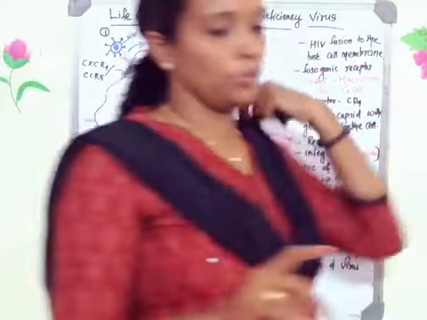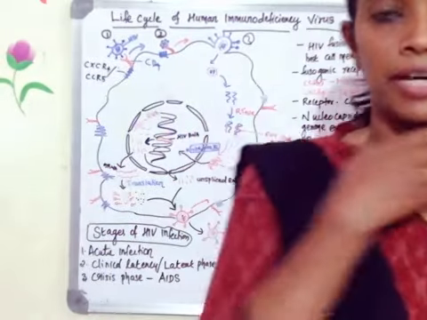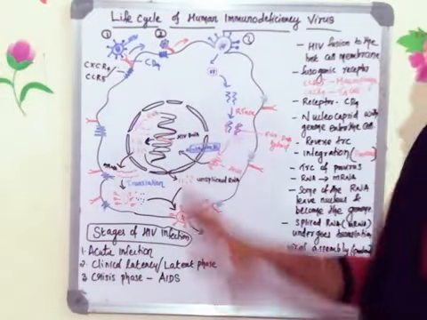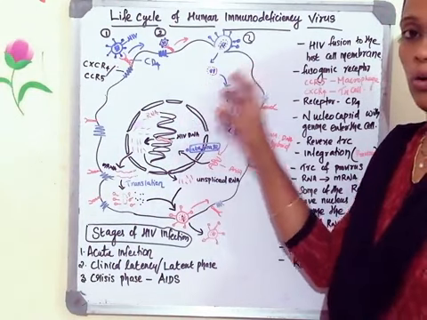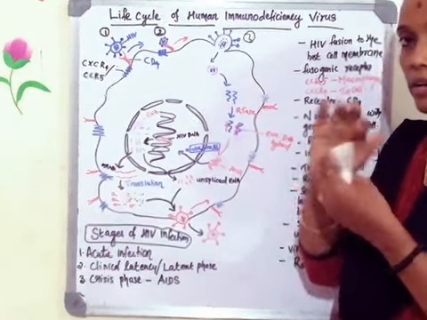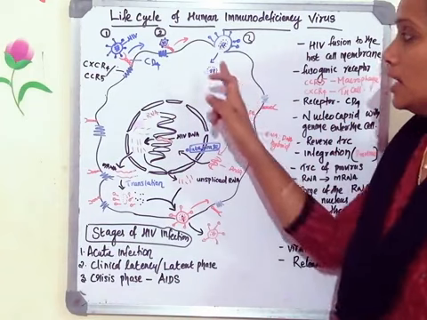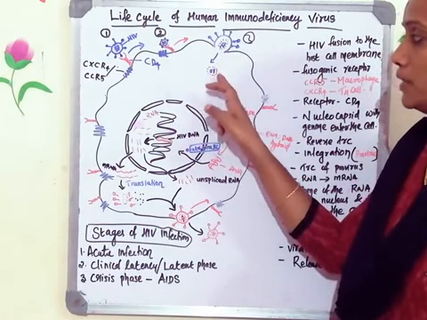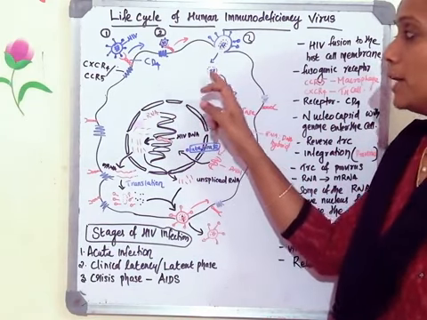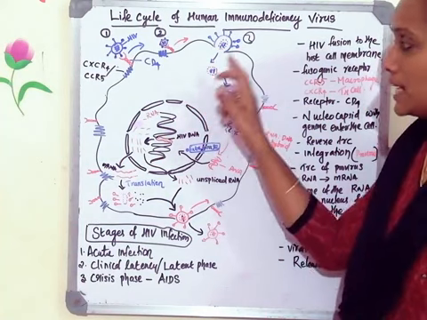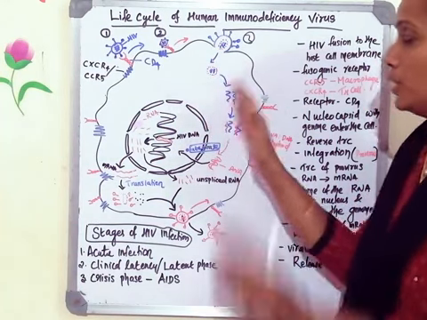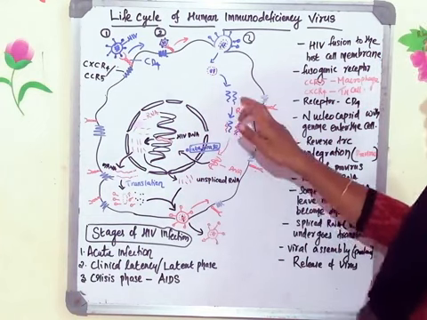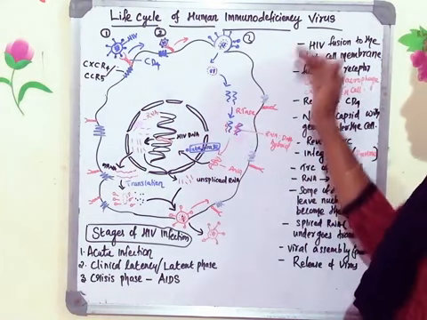You remember that I told you about the protease enzyme which is there along with the genome. That protease enzyme will help in the removal of this nuclear core. Okay, nuclear core is the protective cover which protects the nucleic acid. Once the envelope is removed, the nuclear core will be digested with the help of the protease enzyme which is associated with the HIV genome. So the nuclear core complex will be released out and the RNA genome will be released into the cytoplasm.